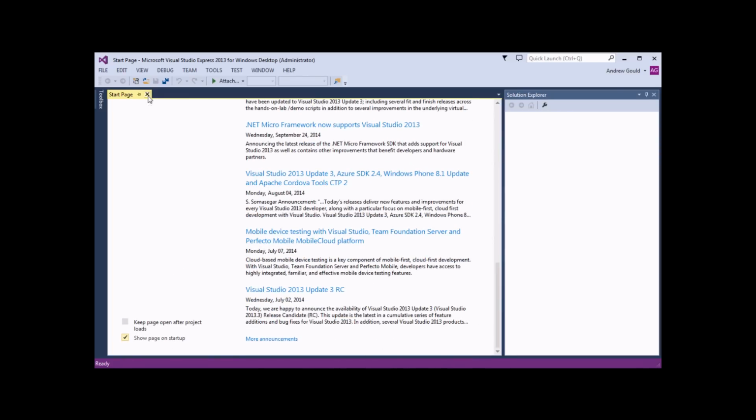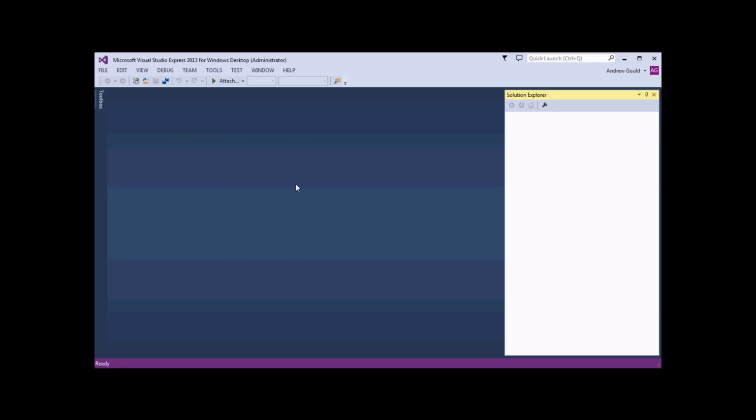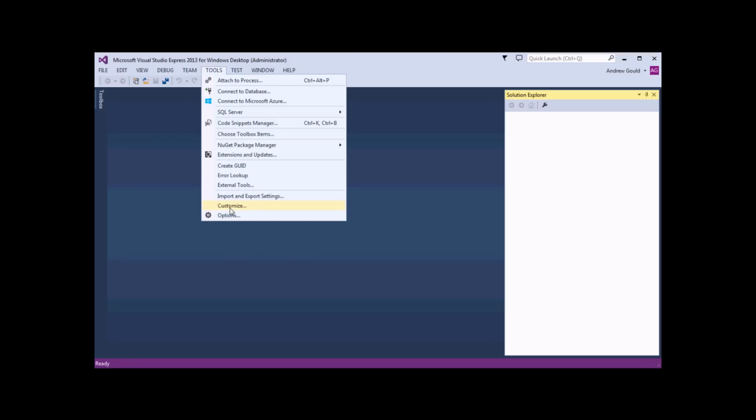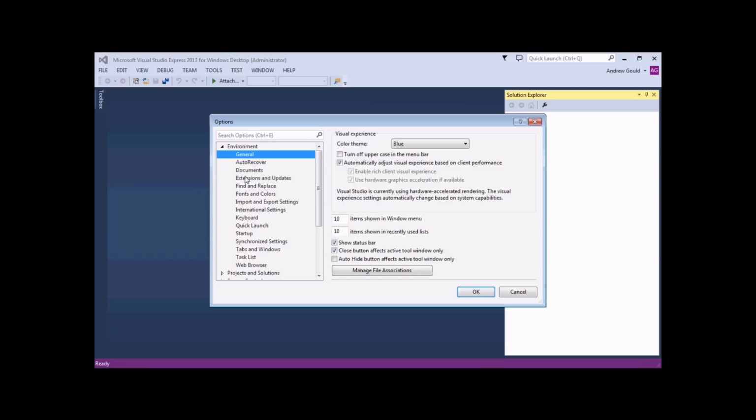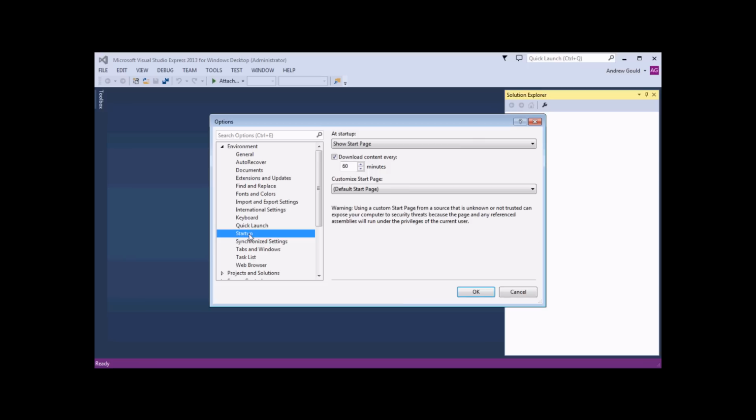Now, there is another way to control what happens when Visual Studio starts up, and that's to use the Tools menu and the Options dialog box. If you head into this menu, Tools, and choose Options, there's a setting in the Environment category of the Options dialog called Startup. And on there you can choose what happens whenever you open up Visual Studio. Currently it's set to show the start page. I can set it to show an empty environment, which will be what essentially I want to do. I like this nice, streamlined, clean environment